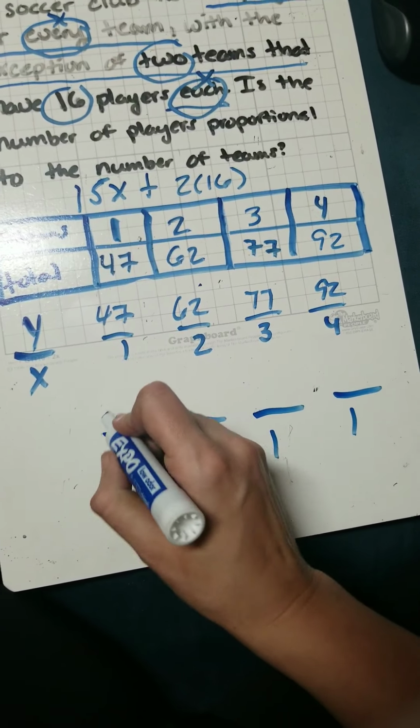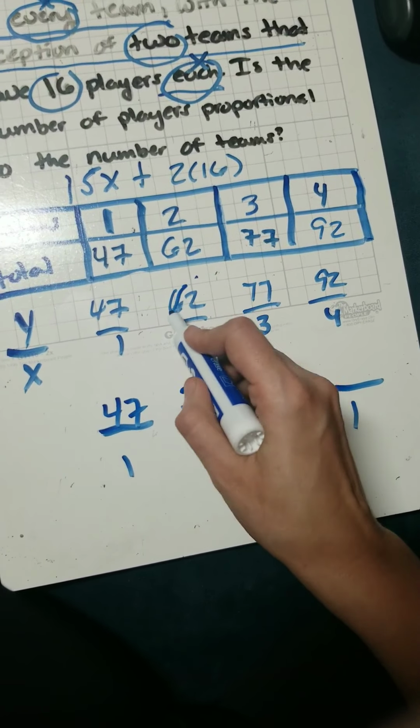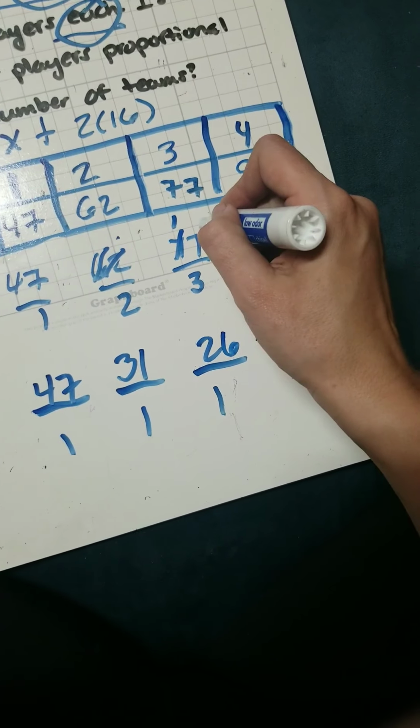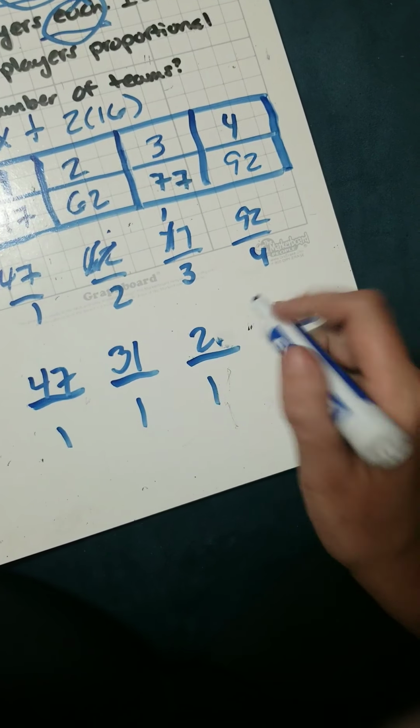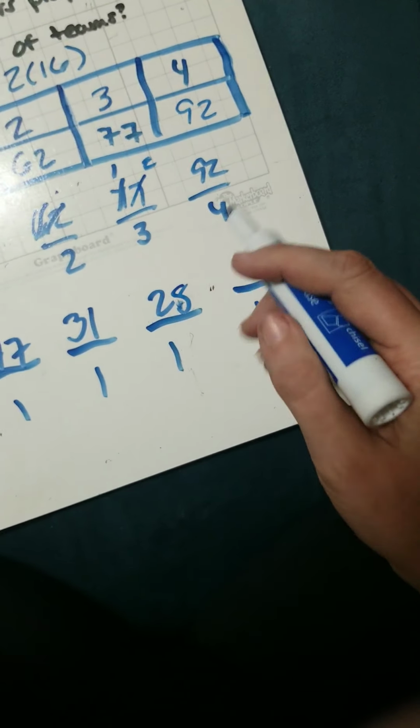47 divided by 1 is 47. 2 goes into 6 3 times. 2 goes into 2 1 time. So that's 31. 7 and 3, so 3 goes into 7 2 times, leaves me with 1. 3 goes into 17, oh, just kidding, only goes in 5 times. Leaves me with 2. So that is 25